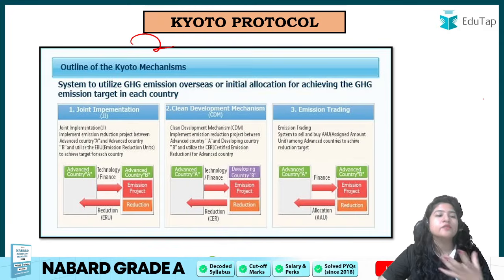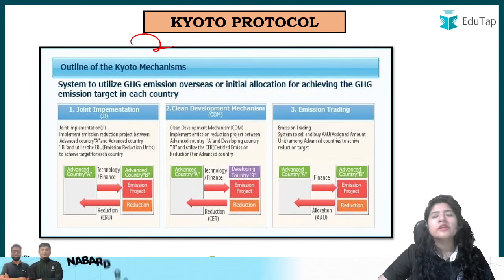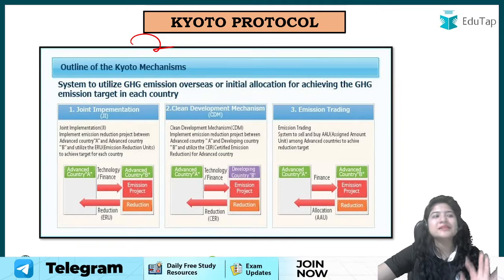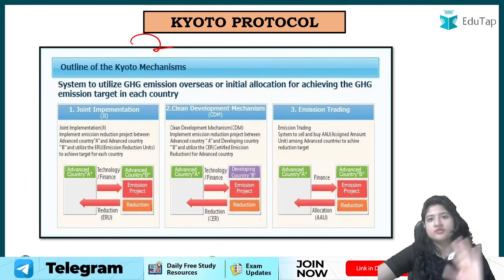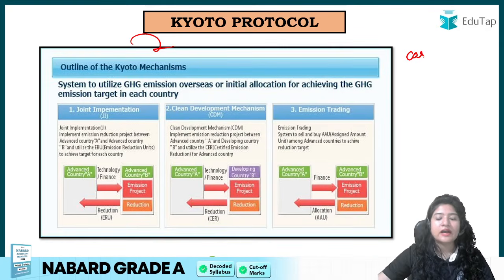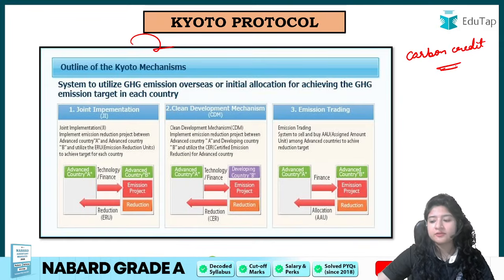ठीक है, अब जैसे for example if you live outside, means if you live in a hostel, or even if not that you get pocket money, or even if you don't get pocket money, you will understand. For example, I gave you 5,000 rupees and I said that you have to spend from this amount only in a particular month. Now you have to survive in that amount only. Similarly, the concept of carbon credit exists. Okay, what is the concept of carbon credit?